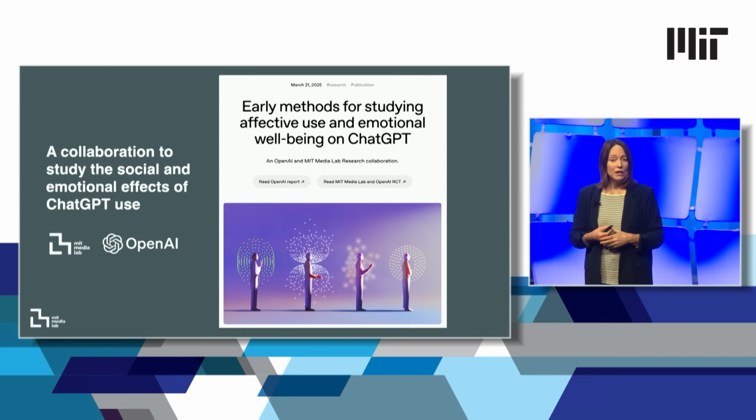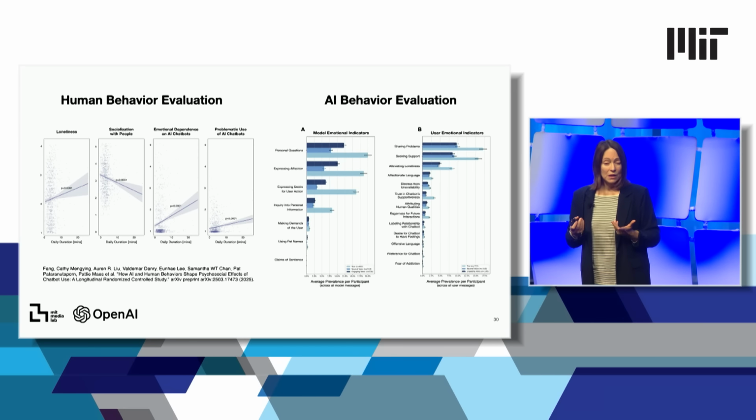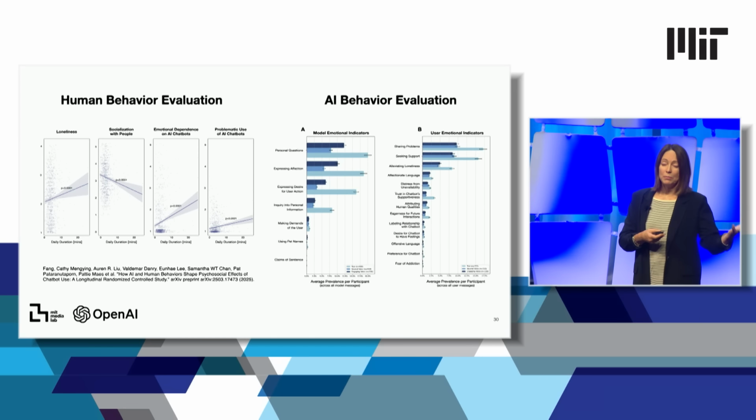So we have actually, funded by OpenAI and in collaboration with OpenAI, done one of the first studies to evaluate how daily use of ChatGPT affects social and emotional outcomes. And we saw in a sample of 1,000 people using it for a whole month that the people who use AI more often in a day or for longer periods of time do report feeling less lonely, interestingly, but they also socialize less with other humans, which is a little bit worrisome.